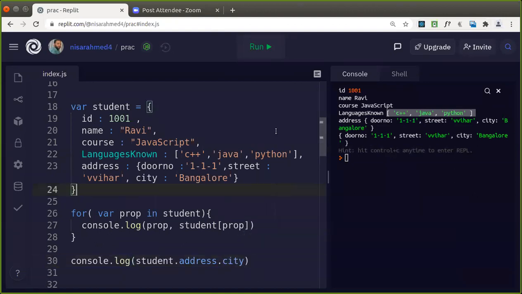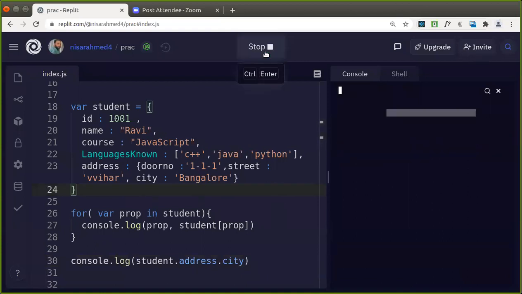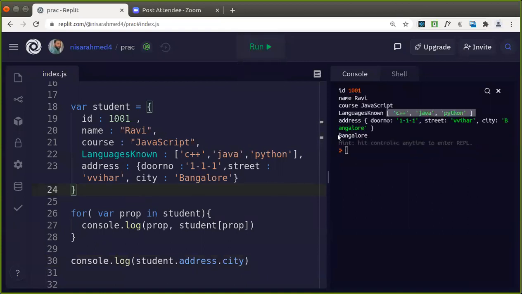Just display only Bangalore. You can see here in this case, it has displayed Bangalore. Why Bangalore was displayed here is because in student dot, we could refer to this property with the key address, but its value is again an object. From that I want to refer to only the city, so you can just give it this way.